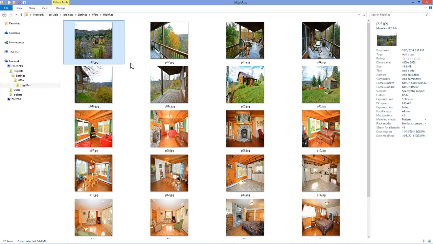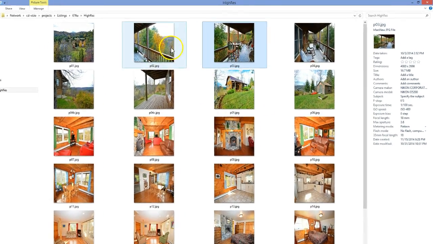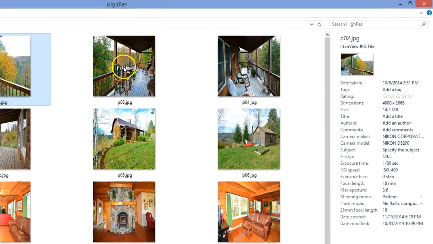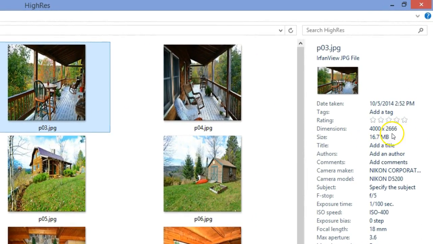Now in this case we're taking a look at a folder of photos that will be used for a real estate listing, and you can see over on the side as I click on a different photo that these photos are about 4,000 pixels across. Each photo might be about 16 megabytes each, and that's a great photo to have on file for a real estate listing,